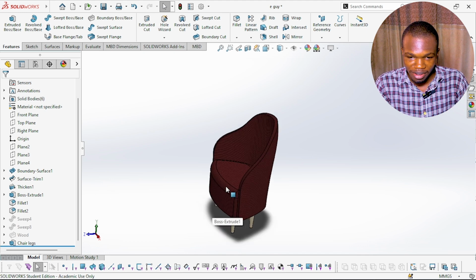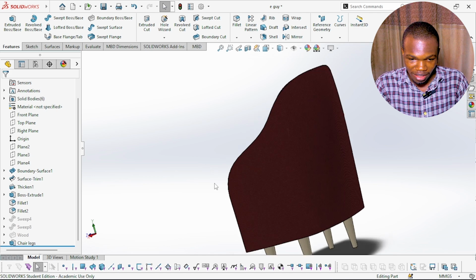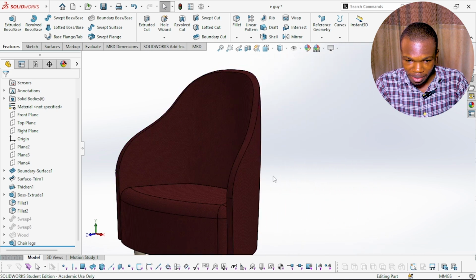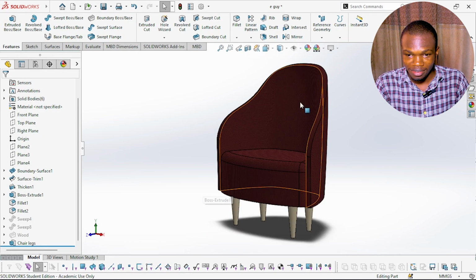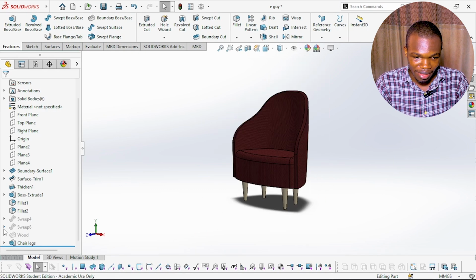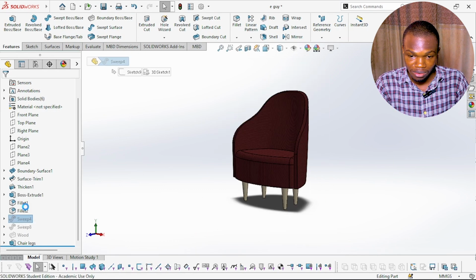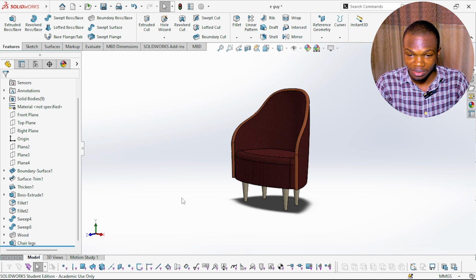Now it's like I went back in time and did not do that. So it has gone away from the model. I can't find it here anymore, but I have not deleted it. It is still there. I can come back and unsuppress it, and it's back. Let's say I want to adjust anything, I can suppress that, adjust whatever I want to adjust,